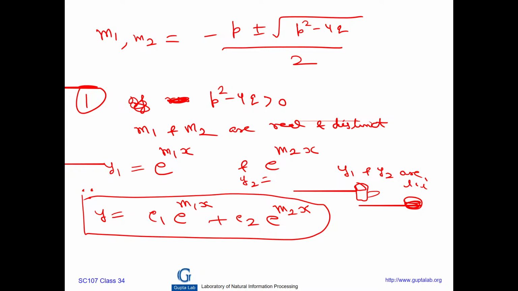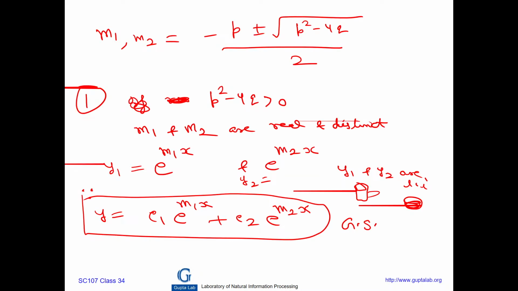If you are able to find two real and distinct roots, that's pretty easy thing to do. This is actually a general solution of the homogeneous equation, right? Now look at the other case. Now if you look at the second case, when p square minus 4q is negative,